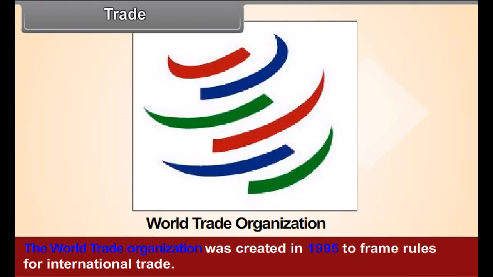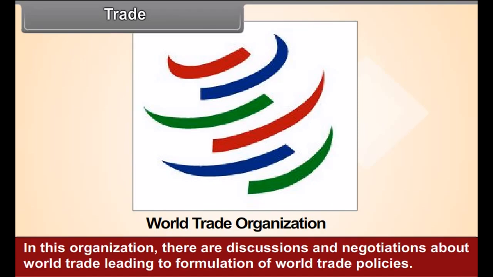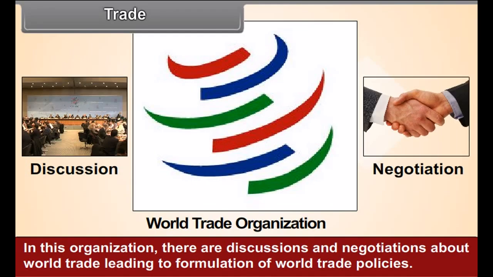The World Trade Organization was created in 1995 to frame rules for international trade. India became a member of this organization. In this organization, there are discussions and negotiations about world trade leading to formulation of world trade policies. India has been constantly working to ensure that these policies will be beneficial from the point of view of the